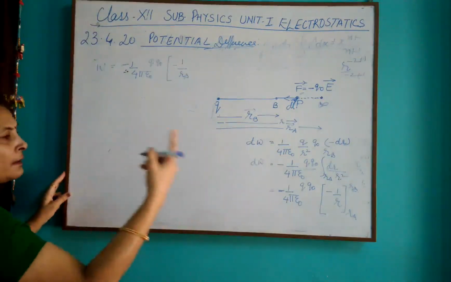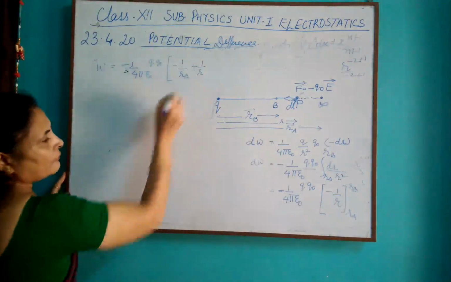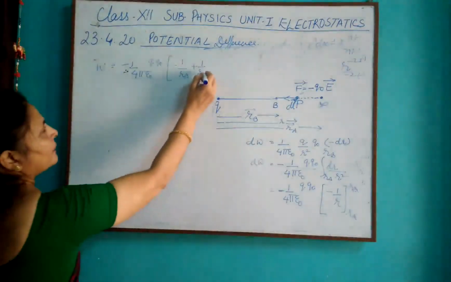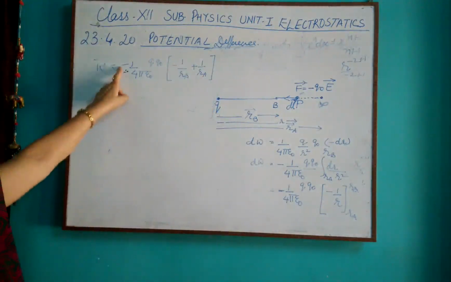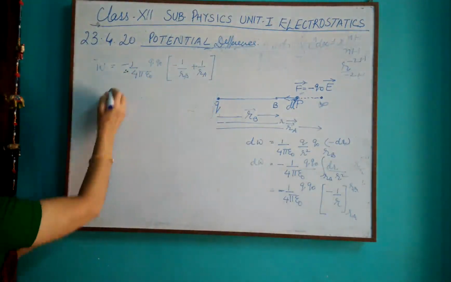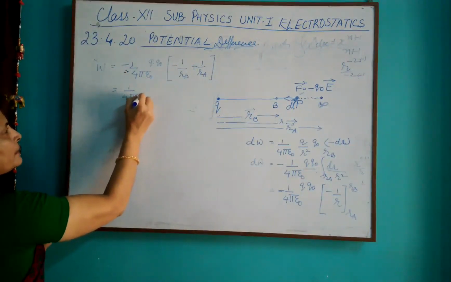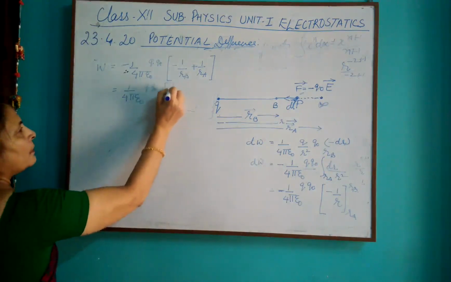Now I'll change with this negative sign. I'll take it inside. So what I'll get? 1 upon 4 pi epsilon naught Q naught, 1 upon